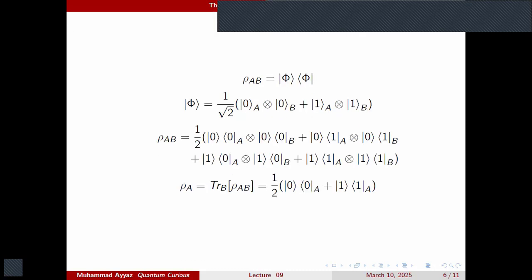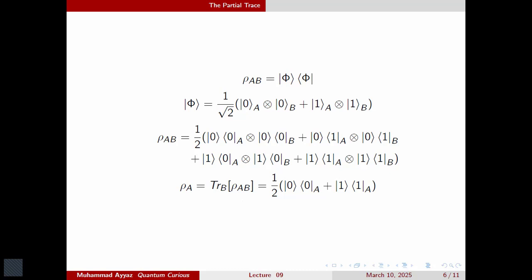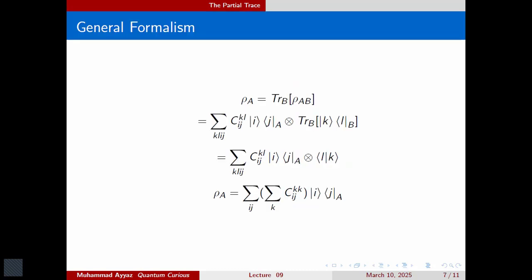So that was, you can say, the more mathematical way of seeing the partial trace. Now I'm going to discuss a more general formalism of calculating the partial trace. That is more mathematical, and later we will see how we can realize it in a physical scenario. So again, we have rho AB, that is a general state, and it is decomposed into its